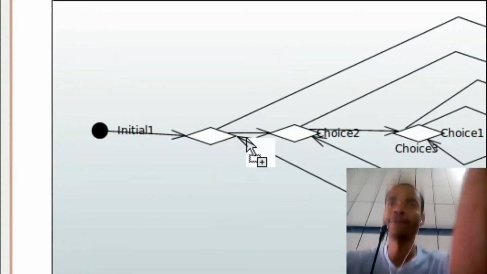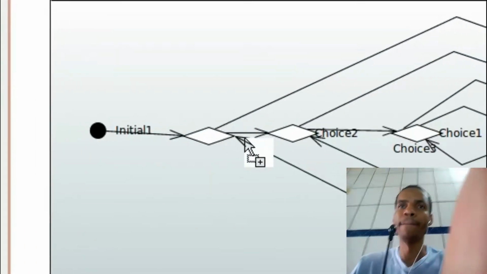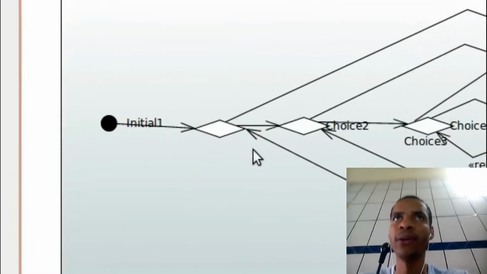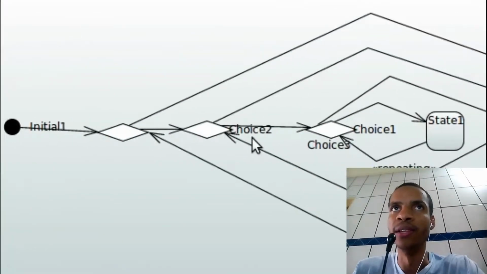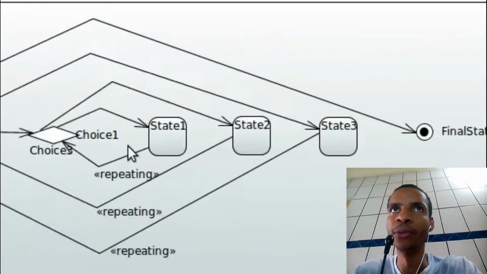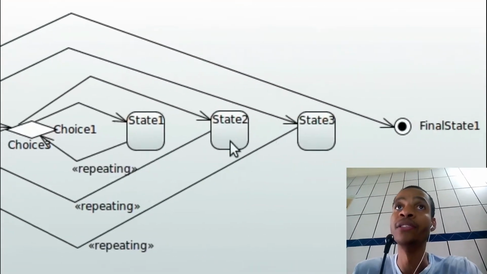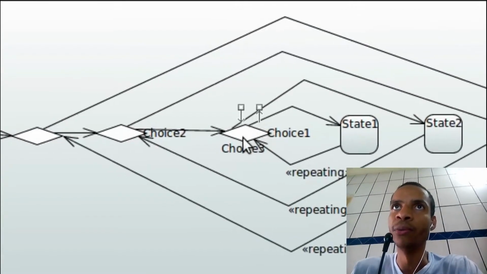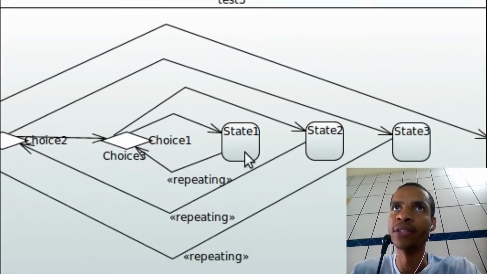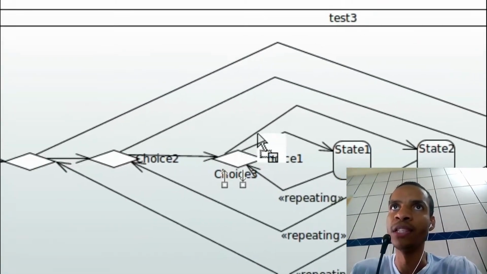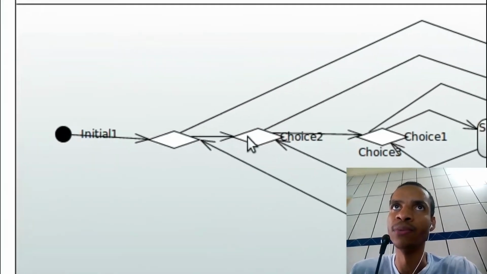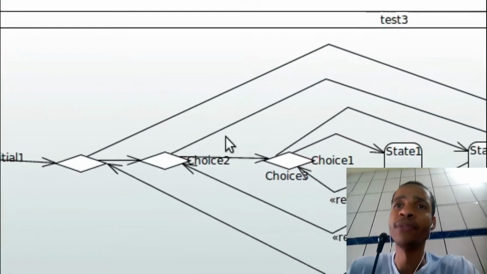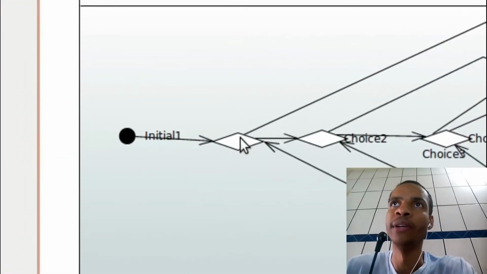Here you have lots of whiles, while loops, one inside of the other. Okay, so while this is true, it comes to here. If this is true, it comes to here. If this is true, it comes to here. And while it's true, it runs this thing here, repeating, as you can see. So when it's false, it comes to this place here, and when this one, choice 2, is false, it comes to this place here. And if it's false, it will not be running anymore, it will finish. Okay,